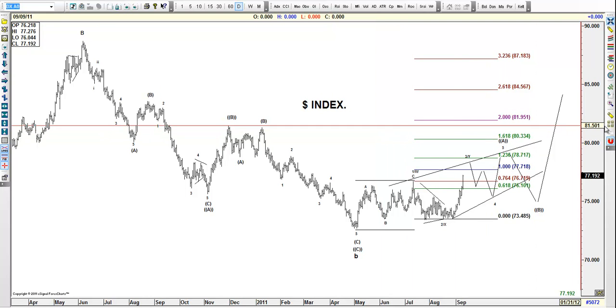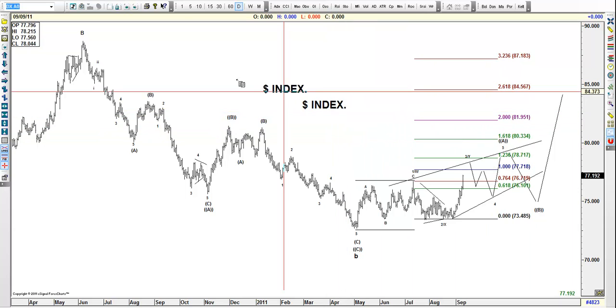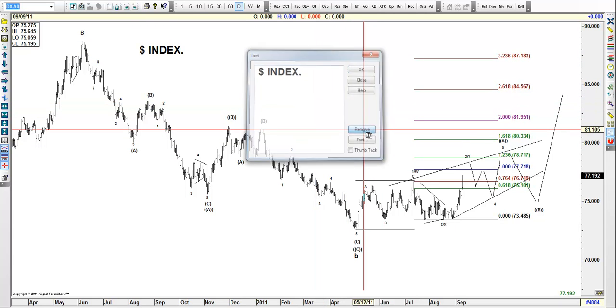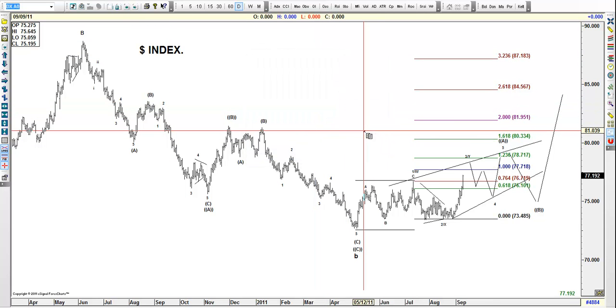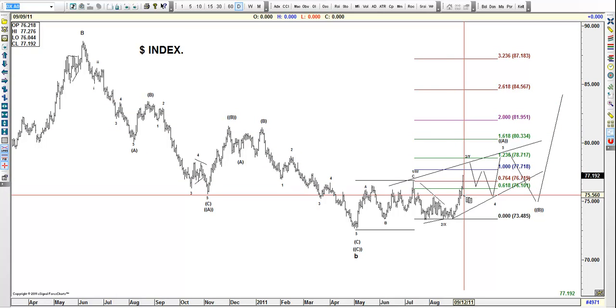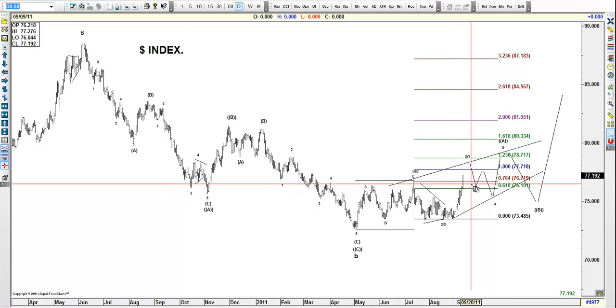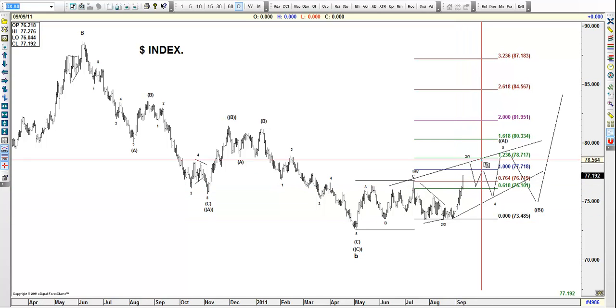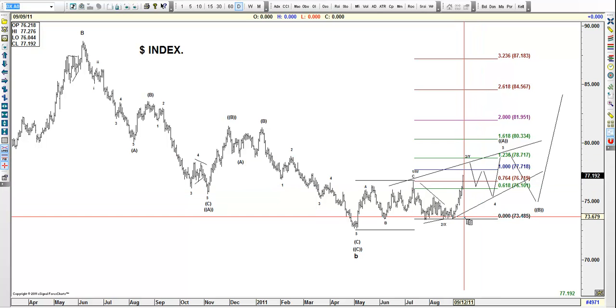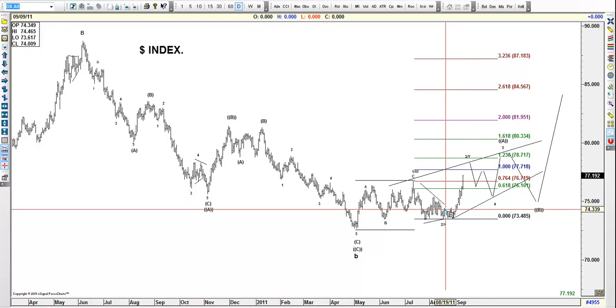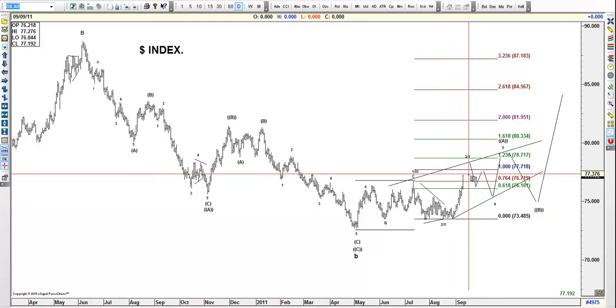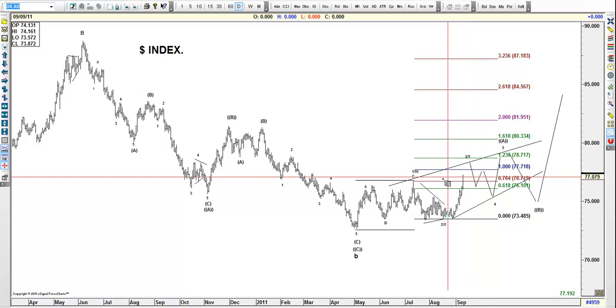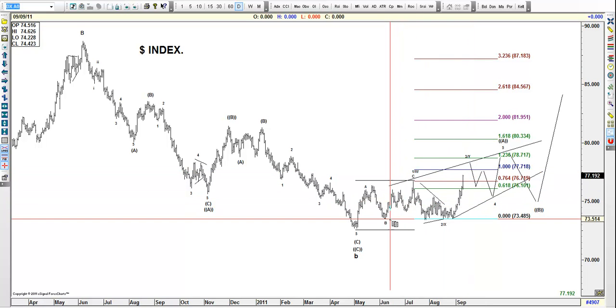In other words, the dollar is not telling us too much about the whole equation. You got to look at different pairs to get a better idea of what's going on, and then you got to start trading the pairs in a small time frame before jumping to conclusions that this move is for real or that this move is not for real. The first step is I want to see the dollar testing the 77.72 area at the beginning of the week before drawing conclusions.